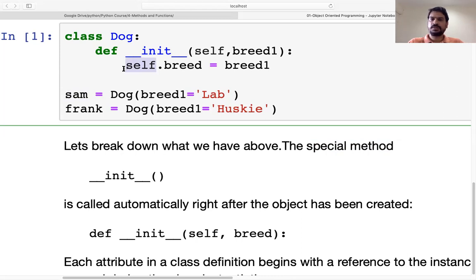We don't have to worry about it, but we should know what is happening, right? So when we write this particular line, self will be replaced by Sam, and breed will be replaced by lab. Getting it? So instead of self, we'll write sam.breed equal to lab. What is the value of sam.breed? Now it is lab, the short form of Labrador.